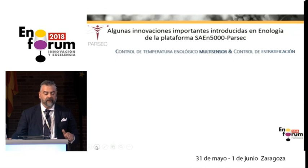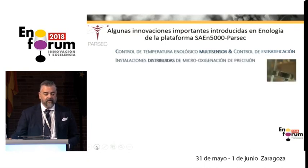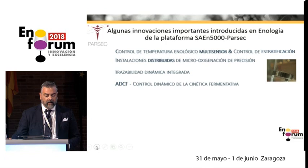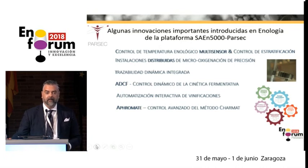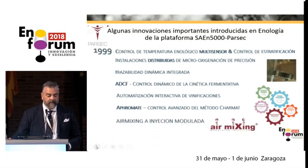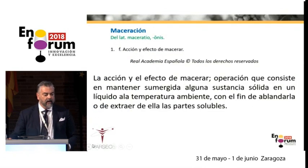Some other technological innovations introduced in enology from the Parsec technology are the enological temperature control, the multi-sensor and stratification control, also installations that are distributed for very accurate micro-oxygenation, the dynamic integrated traceability, ADCF, which is dynamic control of fermentative kinetics, interactive automation of winemaking, Afromat, and